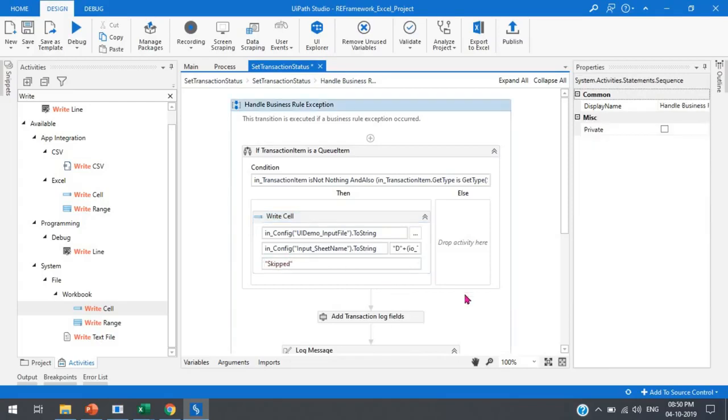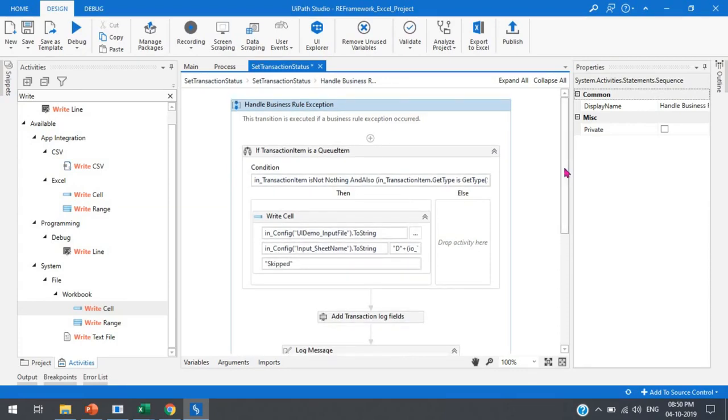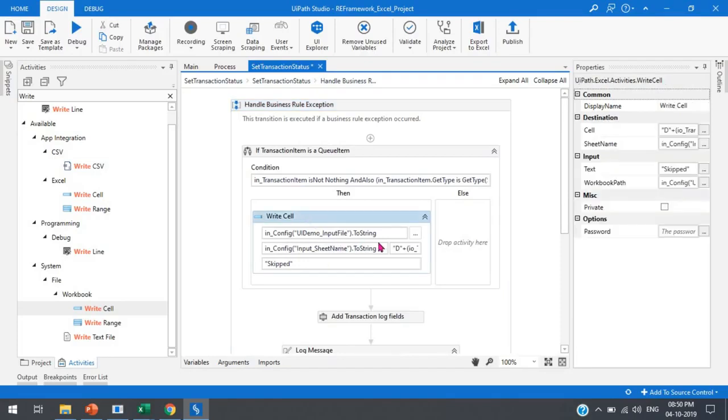So if we are getting any business rule exception, that will be skipped as per the requirement. Let's suppose the client or the business analyst has told you to skip that item if the number is not numeric, so it will skip that item and it will write here the message that is skipped in the status,